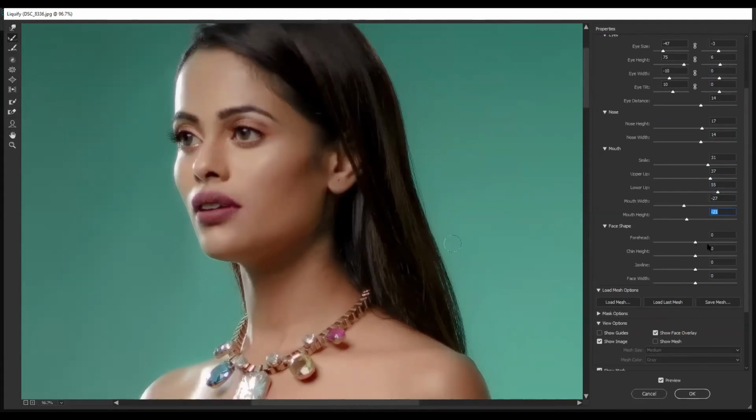Now we can see the construction of the foreheads, the chins, jawlines, and face. The third option is smooth tool.